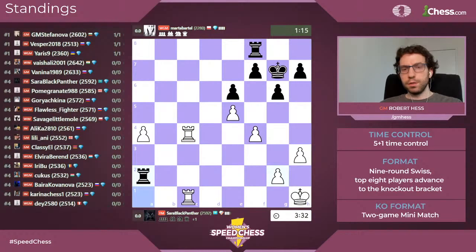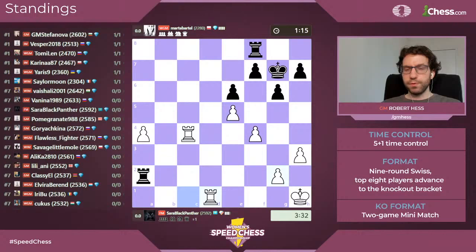So I think here the position is actually just fine for Black, although White is actually trying to turn the tables and bring the rooks to the 7th rank. But I think it's okay. I think it's okay. We'll see. We'll come back here. I'm going to open up another game just because...